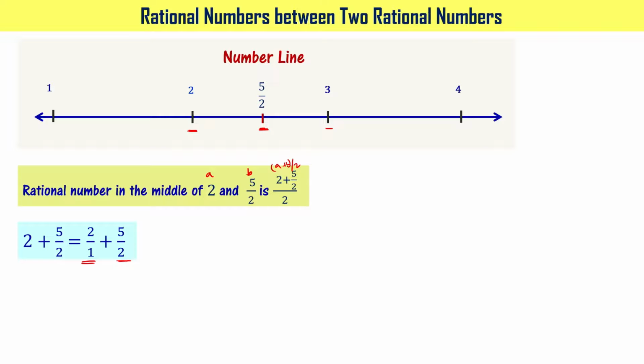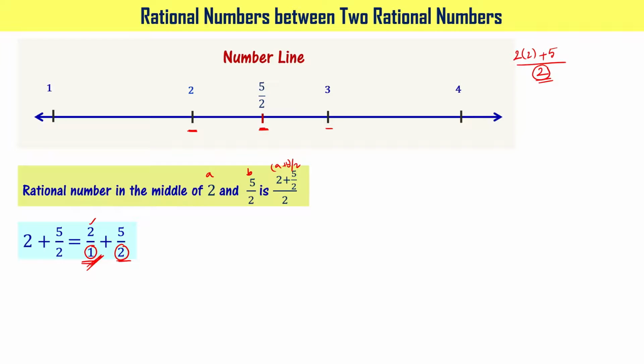Okay, so look at the denominators. You have 1 and 2, right? So their LCM is 2. That's why I write the denominator as 2, right? Now let me divide this particular 2 by 1. So what you have is 2, right? Let me write this 2 first here and then multiply with the 2 which we obtained by dividing this 2 by this 1. Now keep the plus symbol as is and write 5 as is.